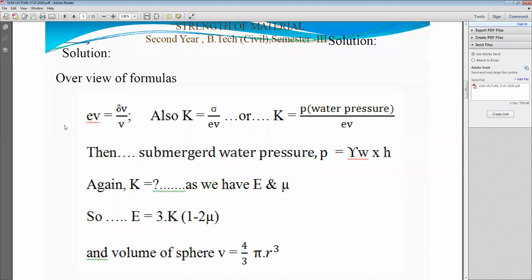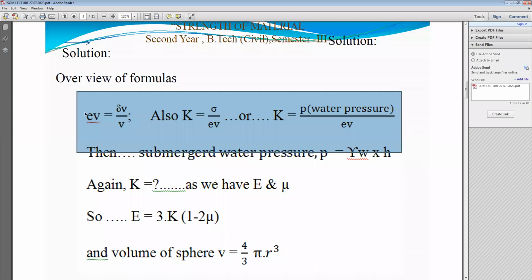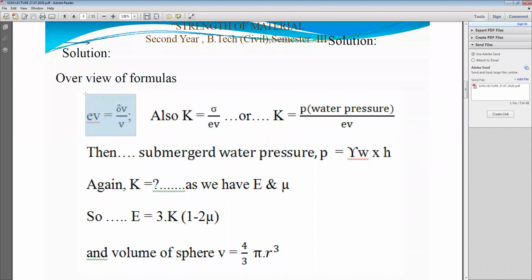We will see the volumetric strain formula. Ev is equal to delta V divided by V. It is a formula which is used to calculate the volumetric strain. As we require to calculate the delta V, it is necessary to calculate the volume of that body